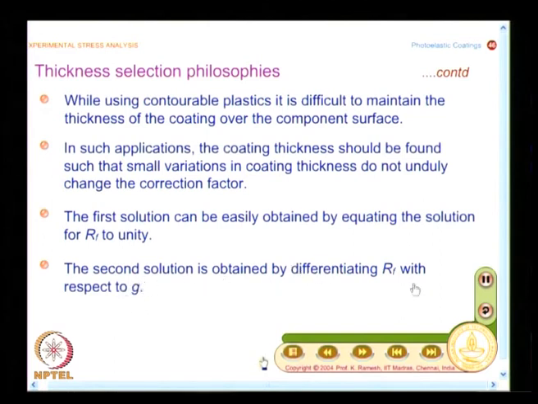So, whatever the expression you have for correction factor, that needs to be differentiated with respect to G and ensure that whatever the correction factor you get is not changing drastically for small changes in the thickness,